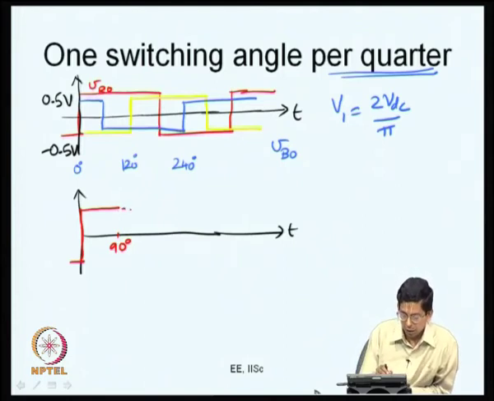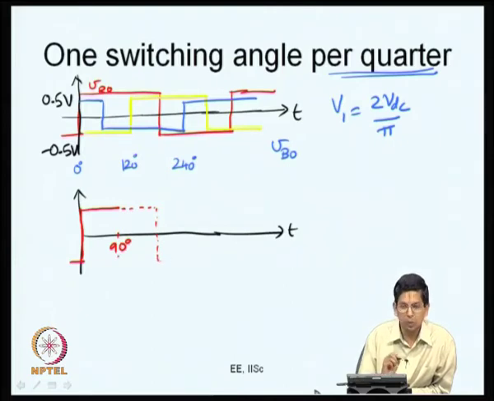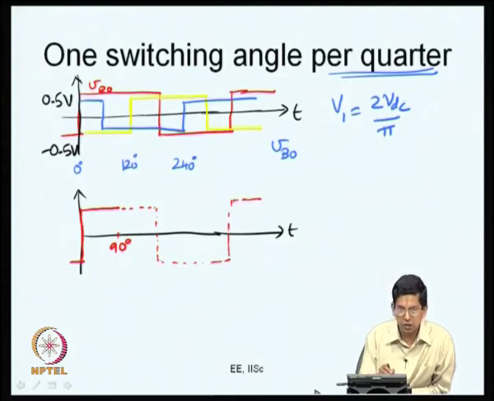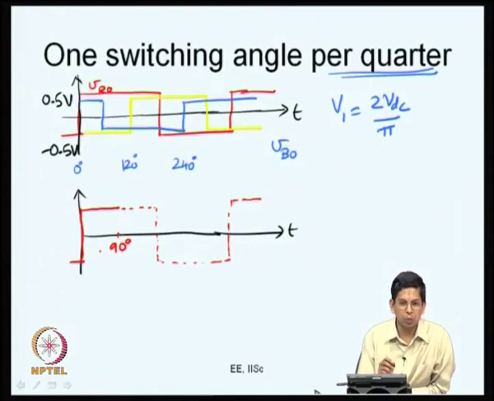What does it mean? It means I can just extend this. If this part of the waveform is given, I can reflect it about 90 degrees and get the next quarter. And now I have one half. If I have one half, then using half wave symmetry, I can construct the other half. So, what I have drawn in solid red line is all that you need to give, and once the waveform is given for one quarter cycle, we know what it is for the other quarter and the rest of the half cycle. So, henceforth we will use only one particular quarter, the first 90 degrees.